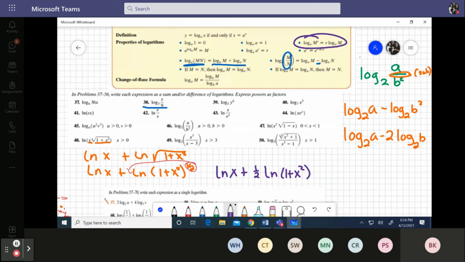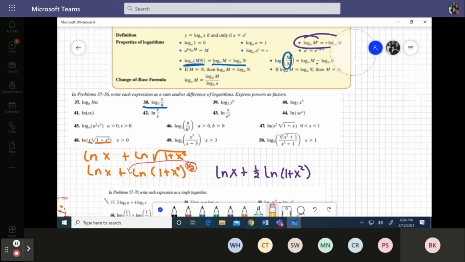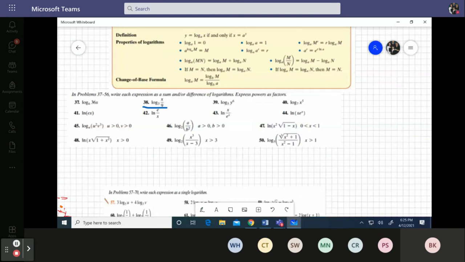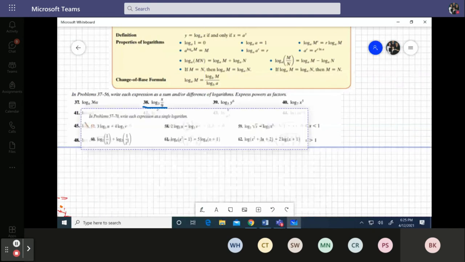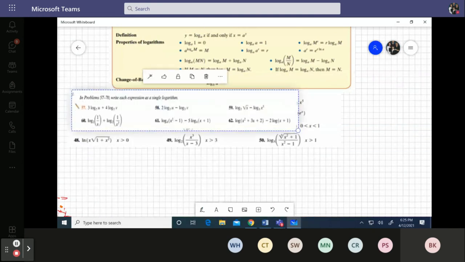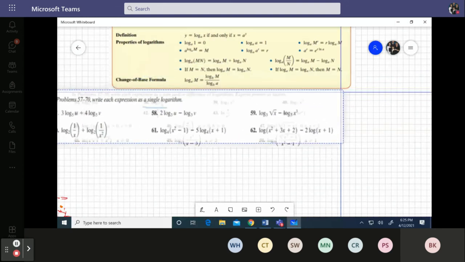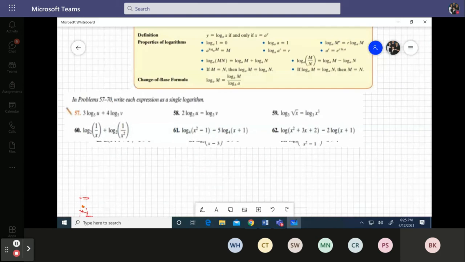Okay, and that's just breaking them up and down. The next section on here is going backwards from where we're at. Instead of breaking them down, we're going to take some that were broken down and we're going to write them as a single logarithm. So for 57,